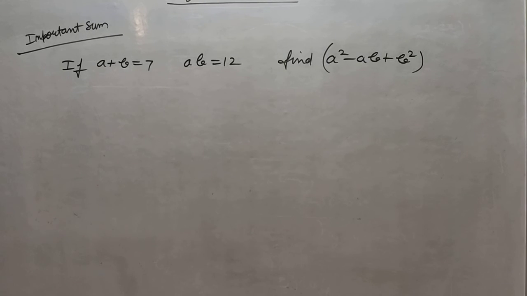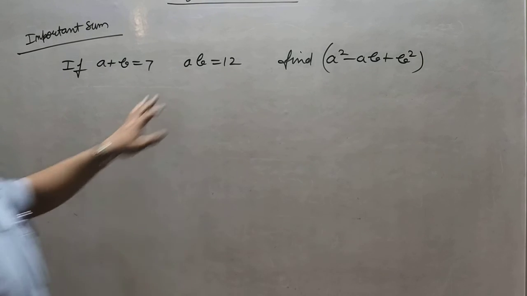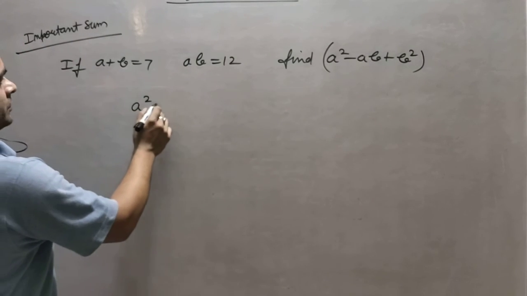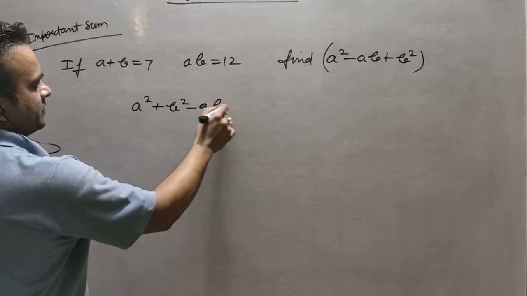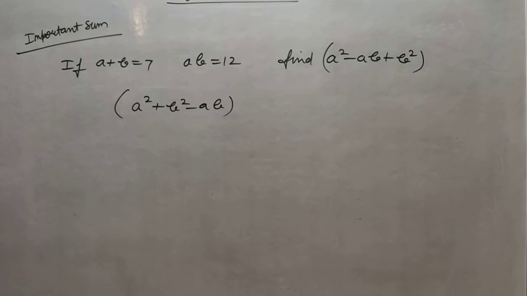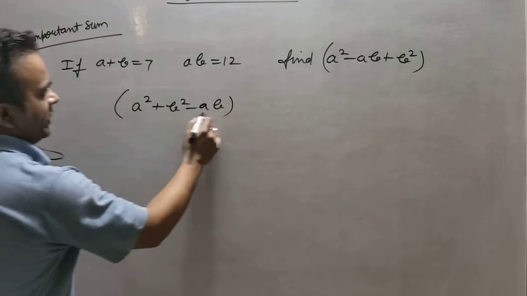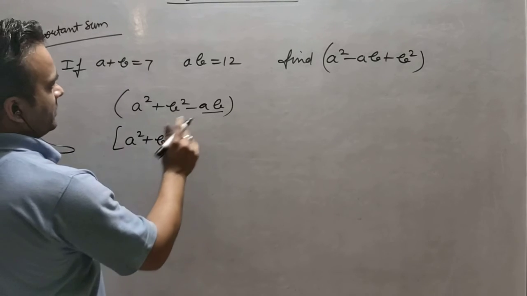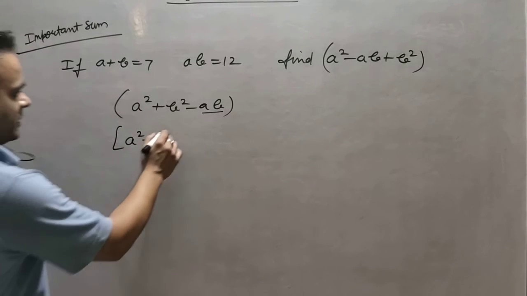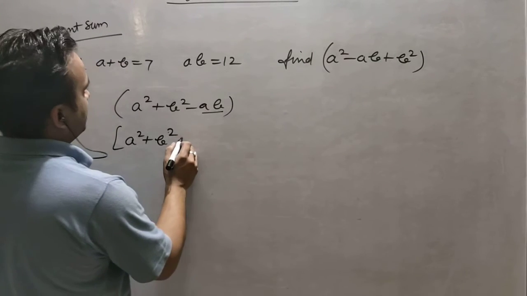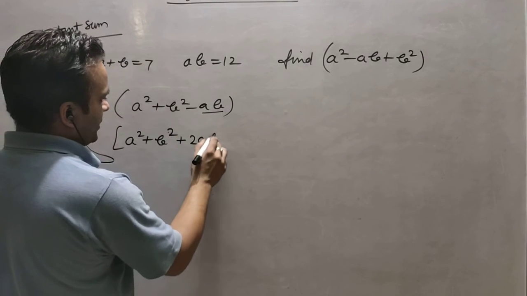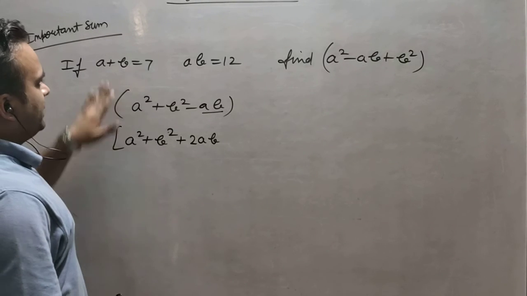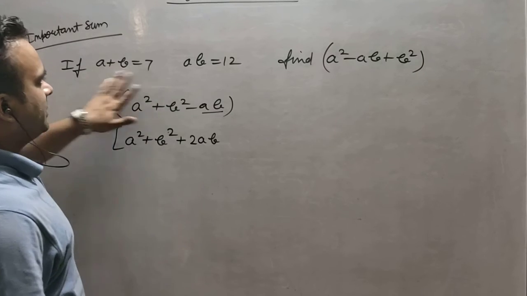So in this sum a plus b is 7, ab is 12, it is given. We have to find the value of this. Okay, now you can see we can write it like this, right? b square I am taking with a square. And what is the value of ab? Okay, we can do one thing also here. Suppose I put plus 2ab from our side. Why am I putting it here? Because we have to convert this particular expression in a plus b and ab.